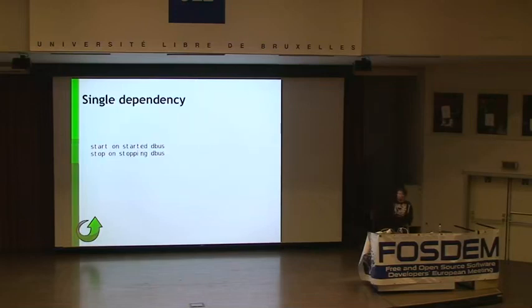And you'd have to say stop on stopping dbus, which is an event emitted when dbus is about to be stopped, or has been detected that it's died. Again, there's lots of little problems with this. The difference between started and stopping is not entirely obvious unless OpenOffice throws a kerning error into the slide. If you want to start and stop on different services, again, it's tricky to express. So 1.0 has a much simpler syntax, again, just while dbus. While the dbus daemon is actually running, you want it to run.